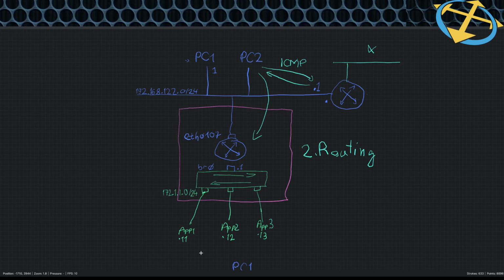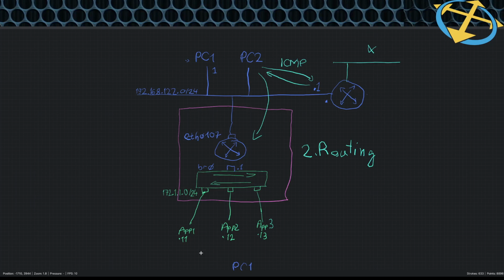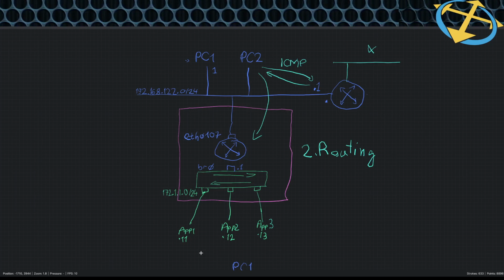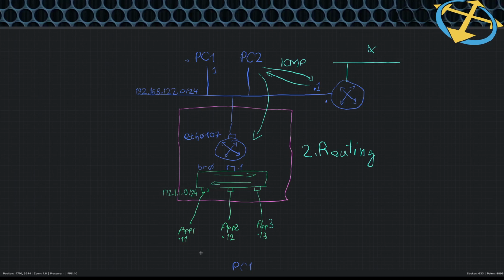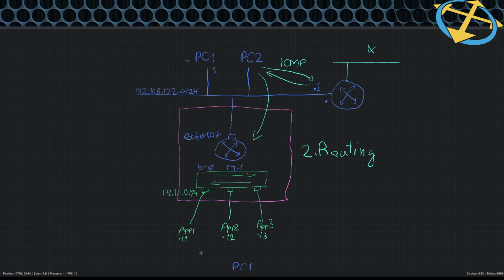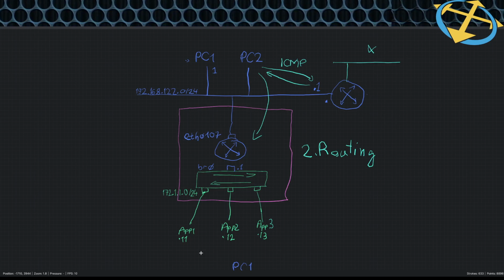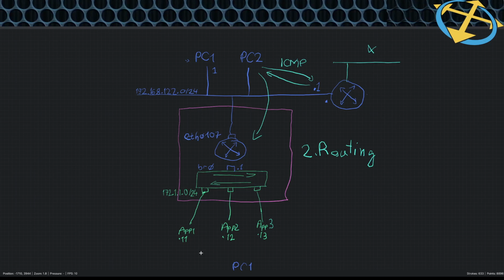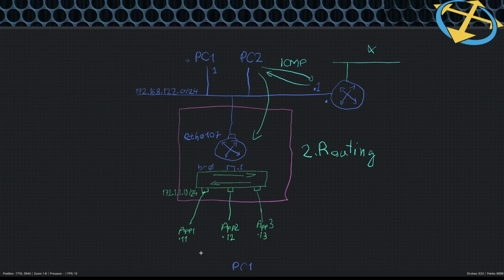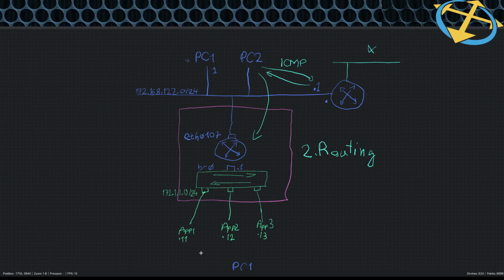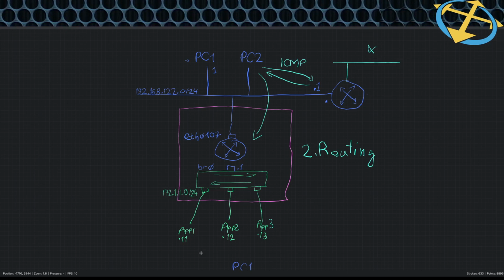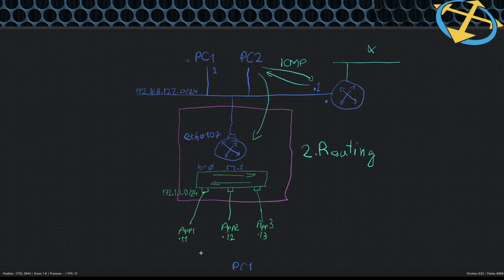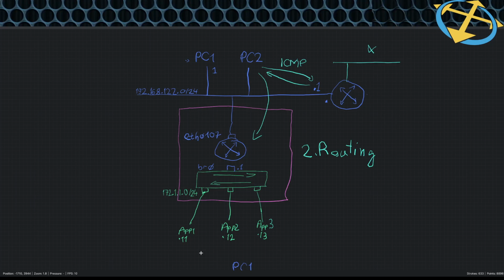So my physical network is this one, 192.168.122.0/24. I have my testing PC here, PC1, which has the .1 IP, the first IP in the class. And in this purple box, I have my Linux Docker host. And this right here is the IP class for my Docker network. And I'm going to use a